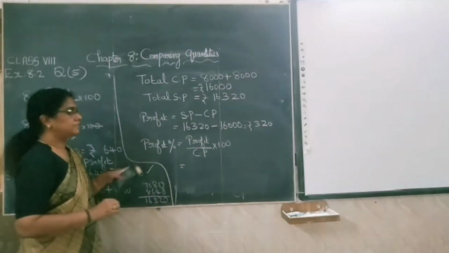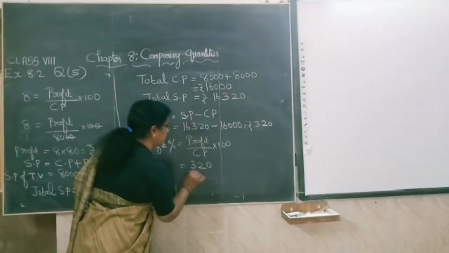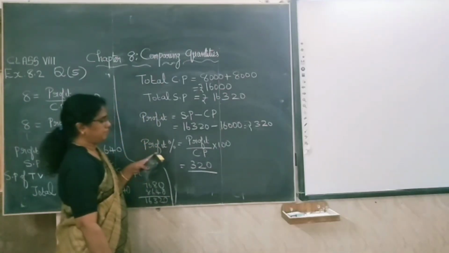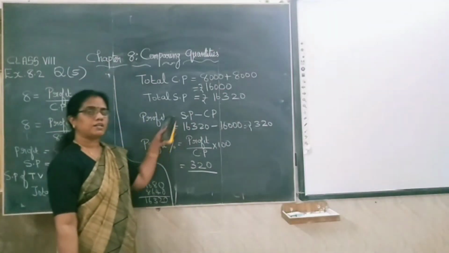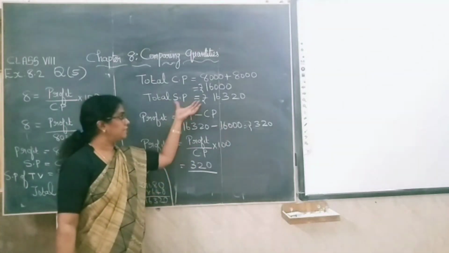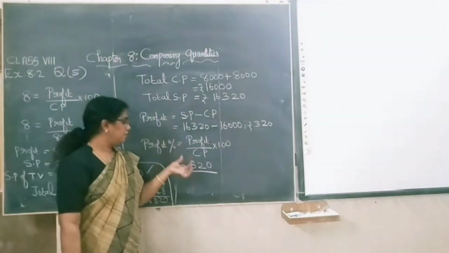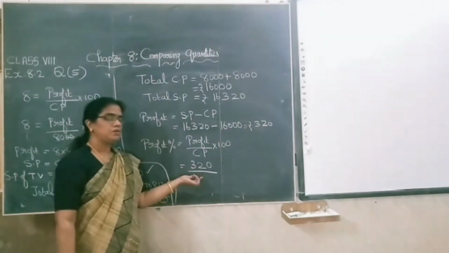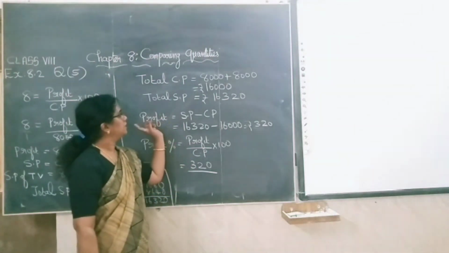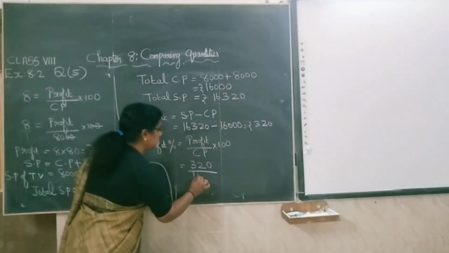And profit is 320 divided by cost price. Cost price is, here it is the total cost price, not the cost price of one thing, because we are considering the total cost price and the total selling price. So here we have to write the total cost price. Total cost price is 16,000. So here 16,000,